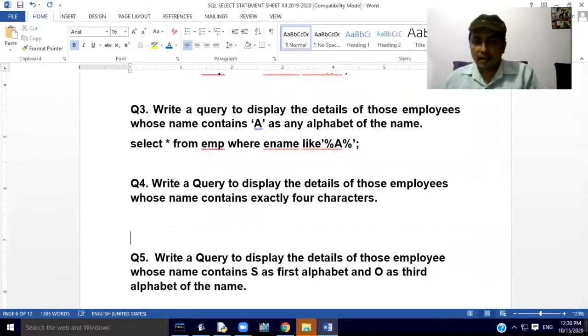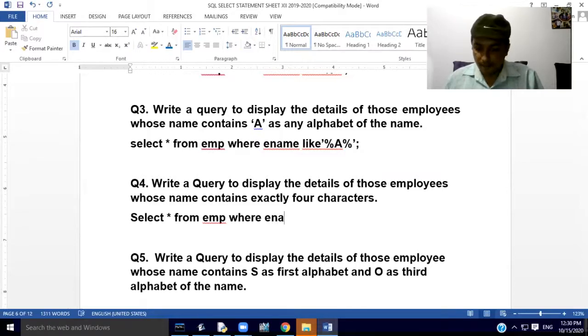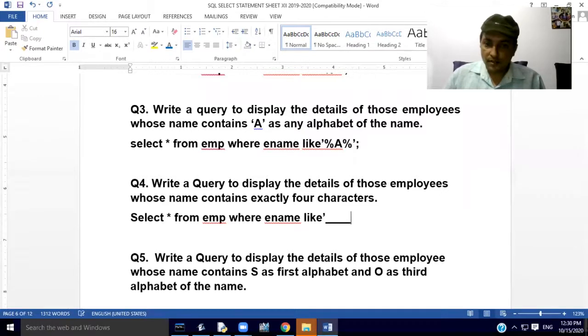Now our next query is: write a query to display details of those employees whose name contains exactly 4 letters. We have to write the query like this: select * from EMP where ename like, with 4 underscores in single quotes.